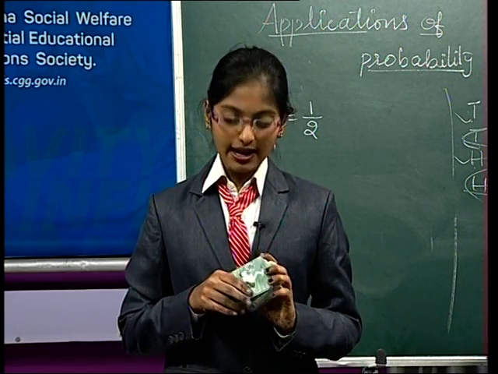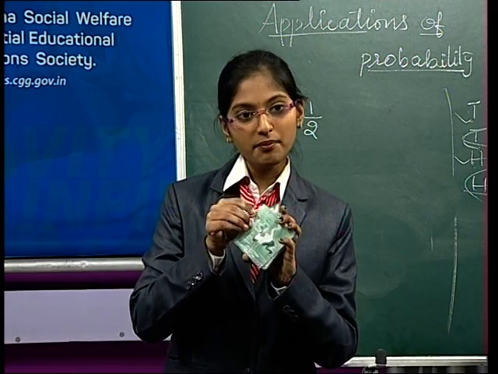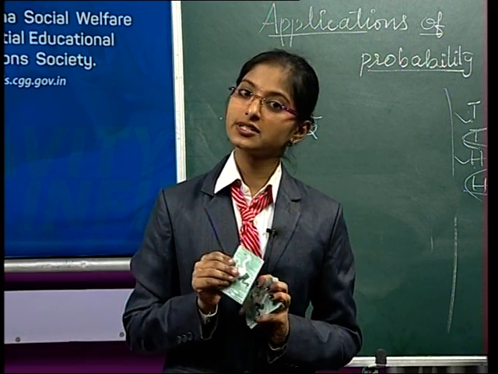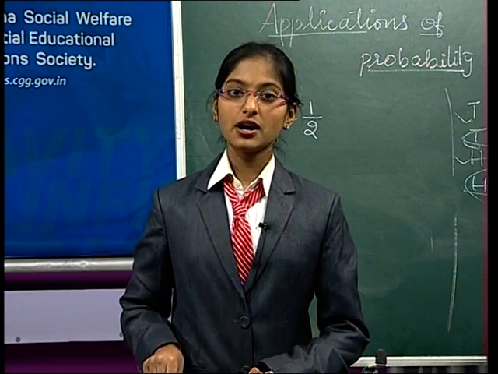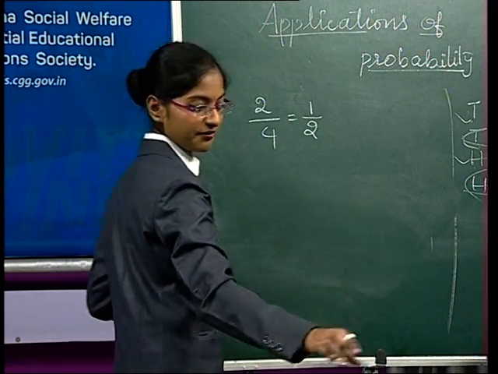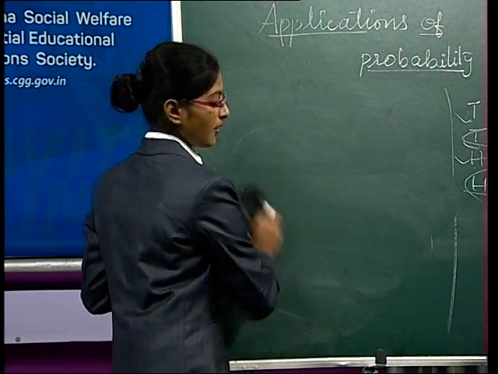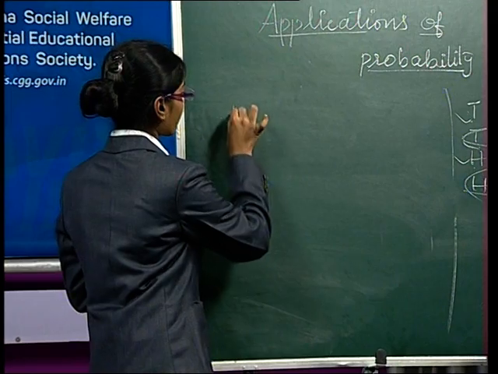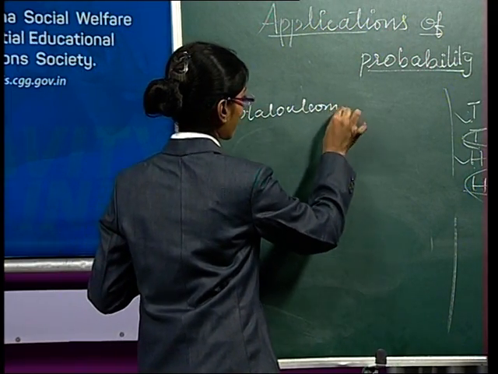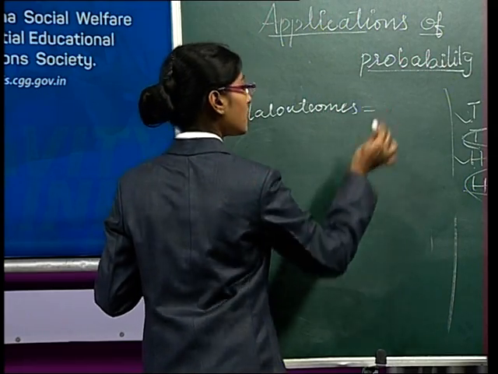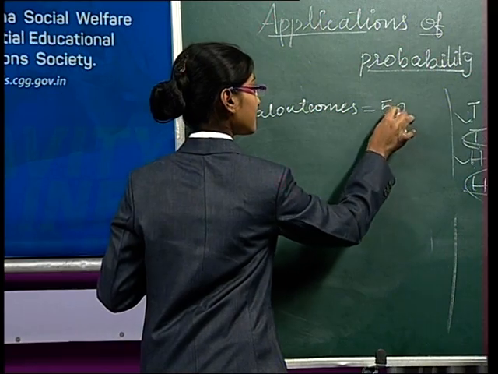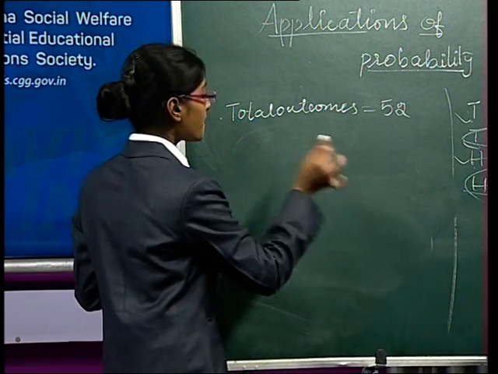When I shuffle and pick a card from the middle, what is the chance of getting a face card? How to write the probability here? Yes, we are going to write the probability here. See friends, the total outcomes are 52, and the possible outcomes